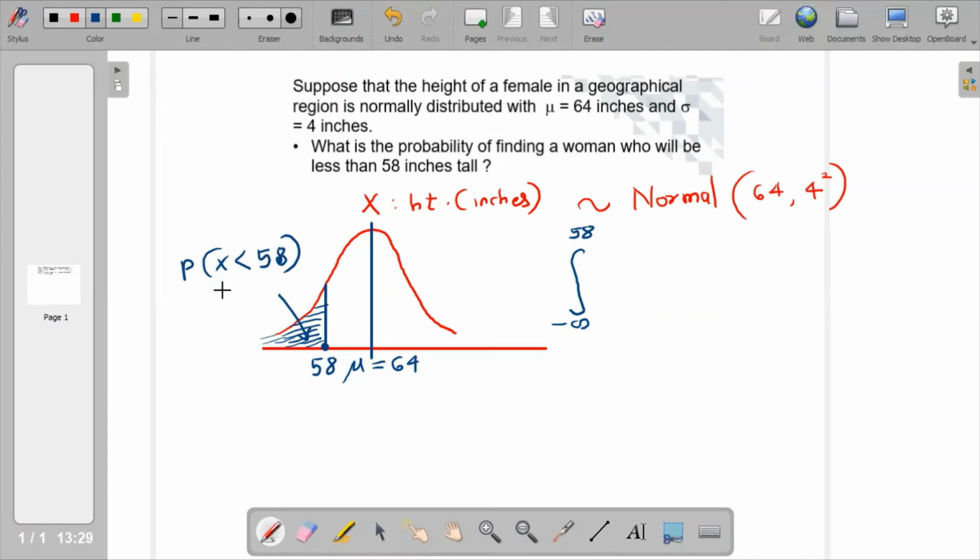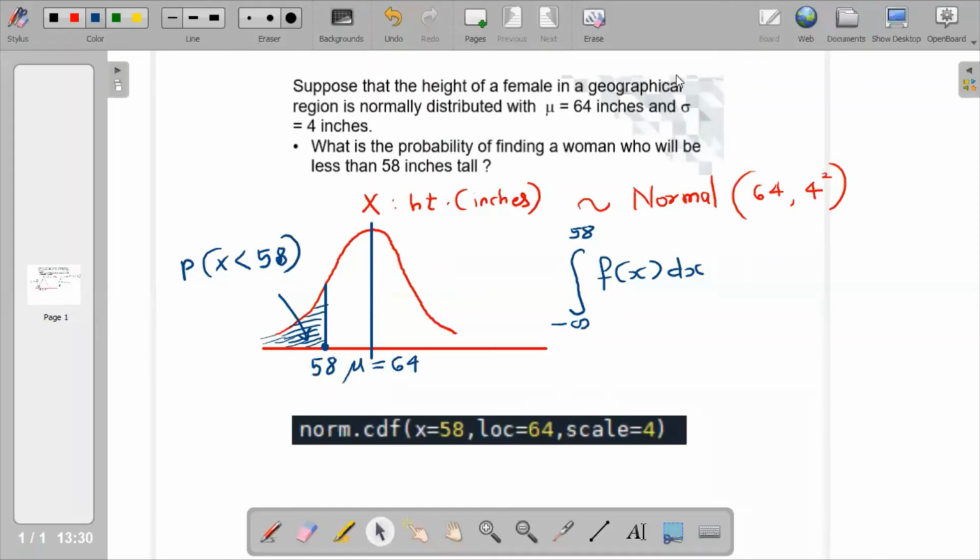Well, over here, less than 58 and less than or equal to 58 will be same because this is a continuous distribution. And this is going to be our probability. We need not bother about this integration because we already have a ready-made function in Python called CDF function. Let us see that. You will see that this is the function norm.cdf, which can compute this probability.